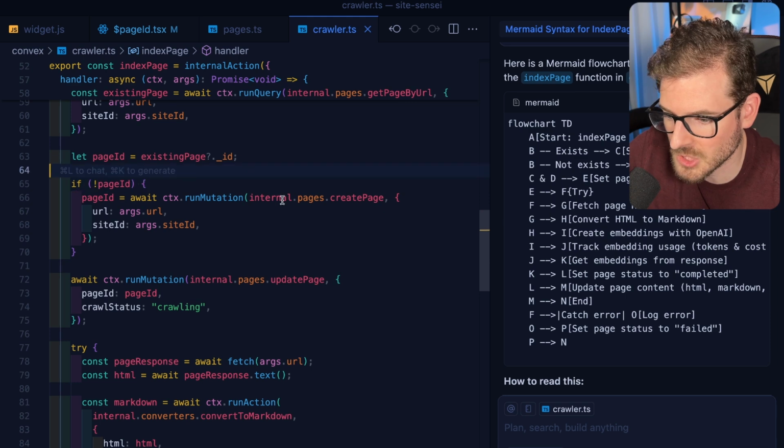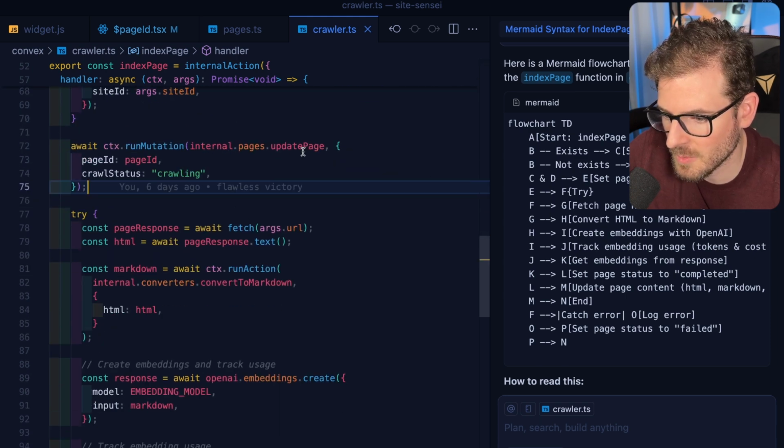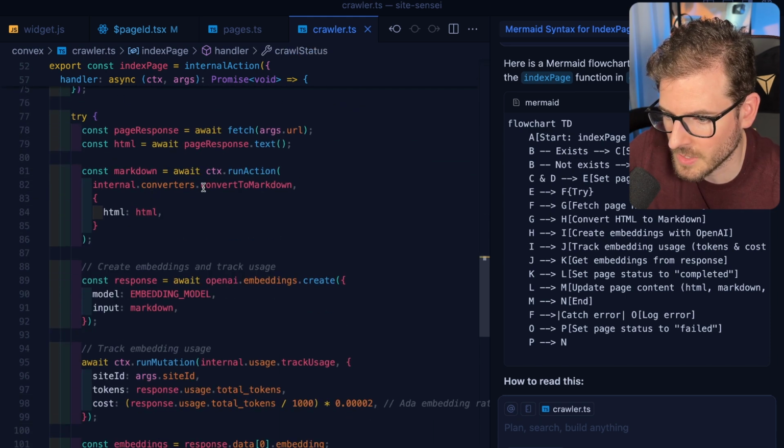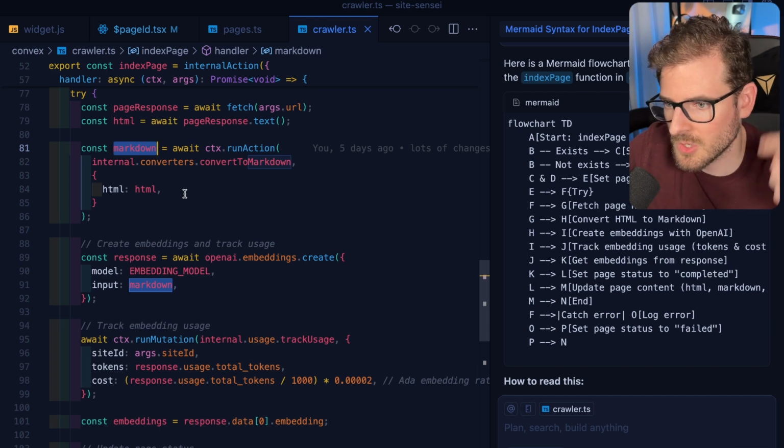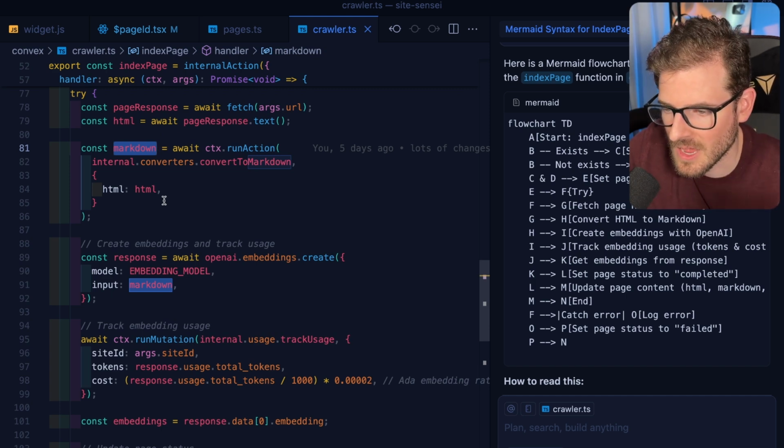Okay, if there is no page, it looks like we create a page. Okay, and then we update the page and set something to crawling. And then we basically get the URL and fetch to get the response, the HTML. It looks like we're converting the HTML to Markdown. Okay, again, when you get good, your eyes get much better at just scanning keywords that help describe what the